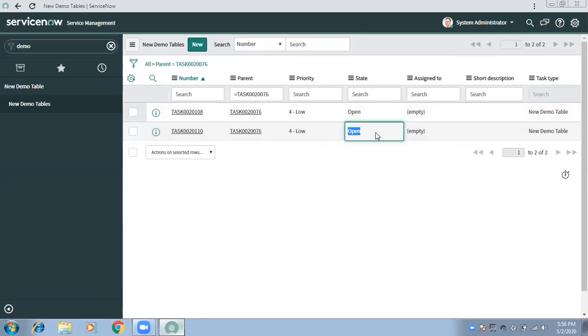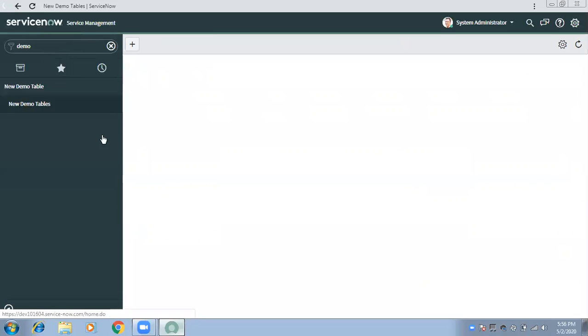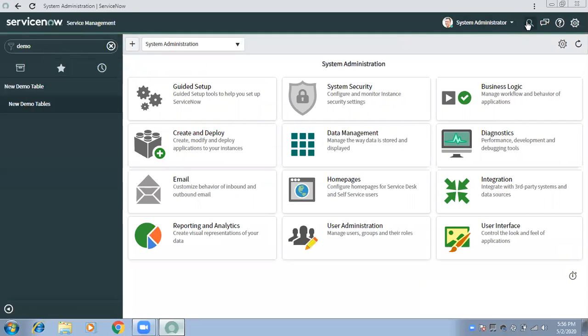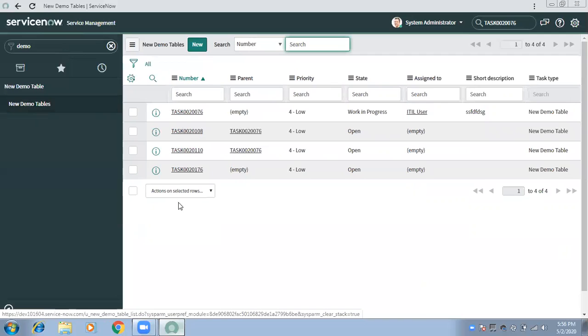Now what can I do? I can update it from here, right? The same thing the system will be doing. First, what you did physically: if I say update all the children of this particular request, let's say I am closing this window and going to home. Now I say I want to close all the children of this particular request. I am asking you as a task. What first thing will you do? You will go to that table, right? Then what will you do? You will try to filter it, get those records. You will try to find out the children of that particular record.